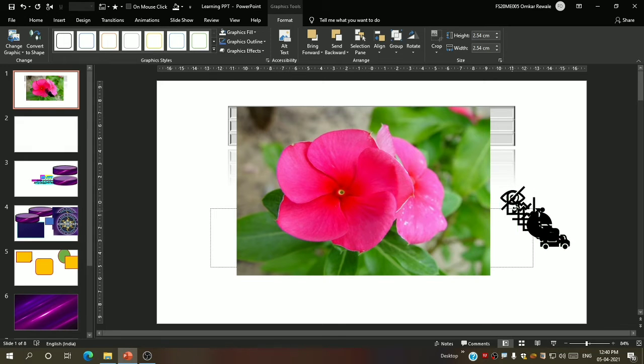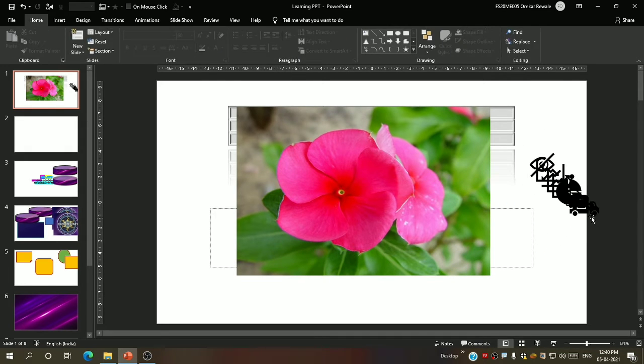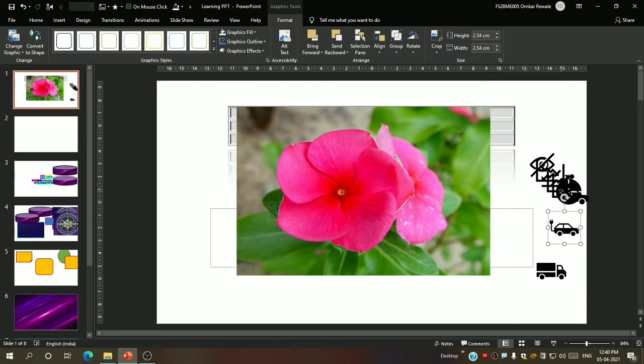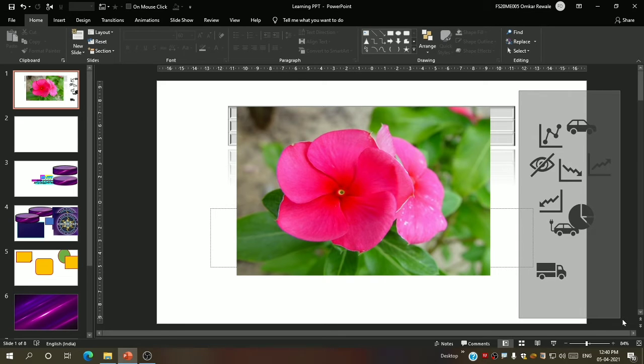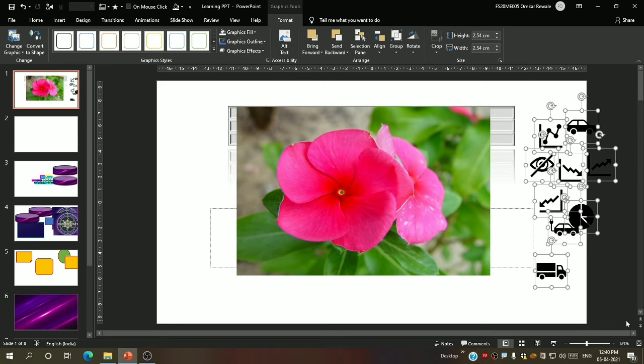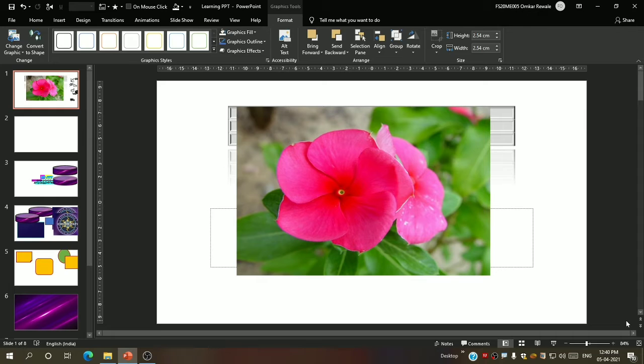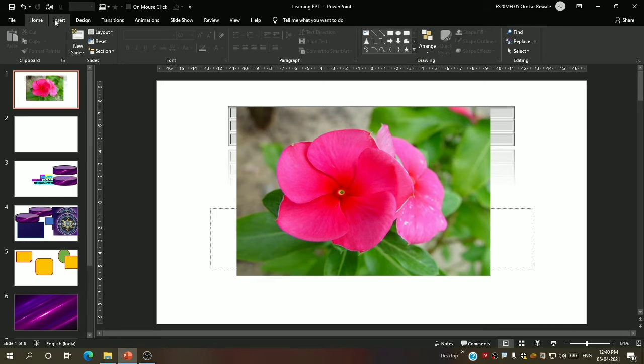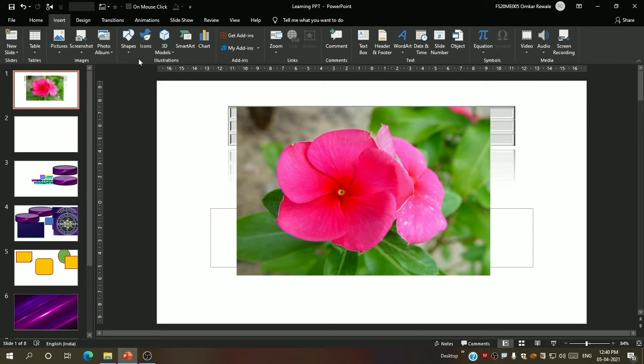Let me show you over here. Well, these icons we usually use to make our presentations or infographics. Now let me delete all this. Okay, so this was all about icons.